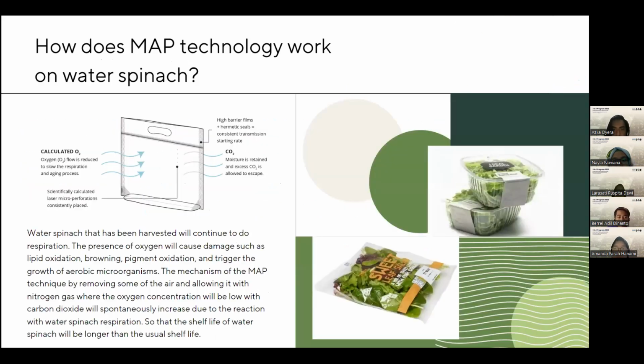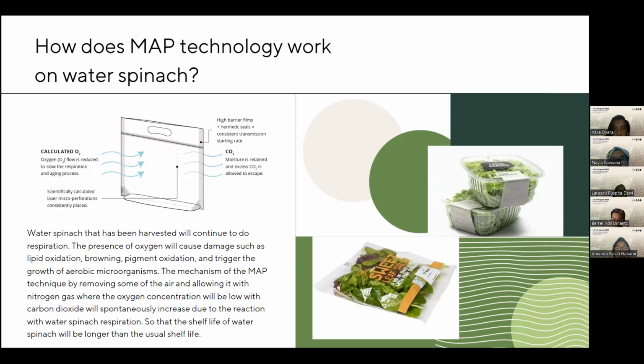How does MAP technology work on water spinach? Water spinach that has been harvested will continue to respire. It uses the oxygen in itself and also in the environment. The presence of oxygen causes damage such as lipid oxidation, browning, pigment oxidation, and triggers the growth of aerobic microorganisms. Water spinach storage using MAP will be stored in plastic packaging